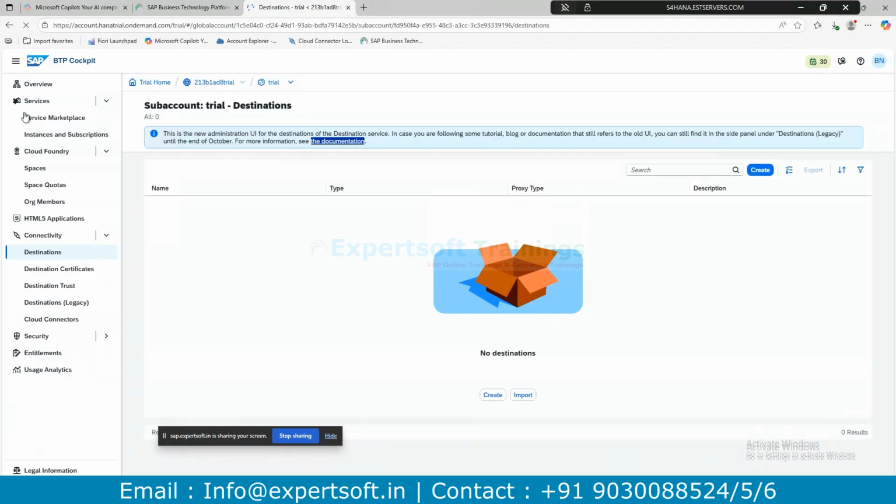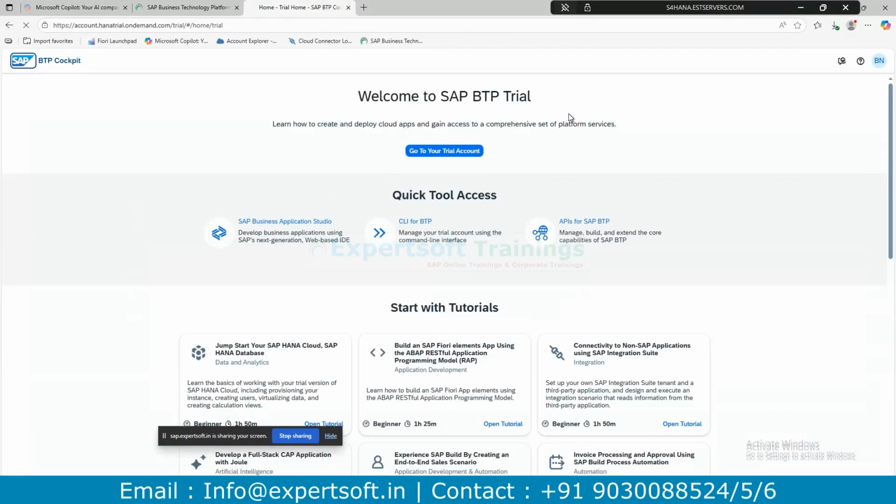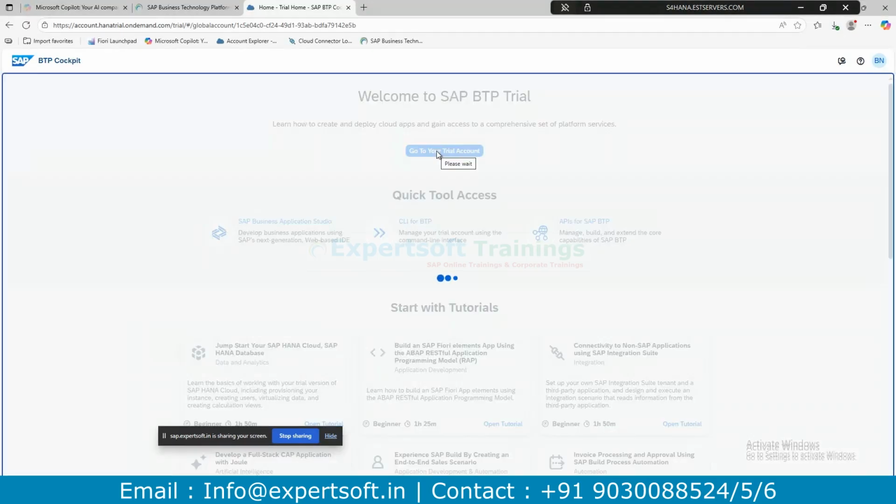Okay, I cleared everything. Once you log in with your P user ID, you create an account. Once you create an account, then you can go to the trial account.